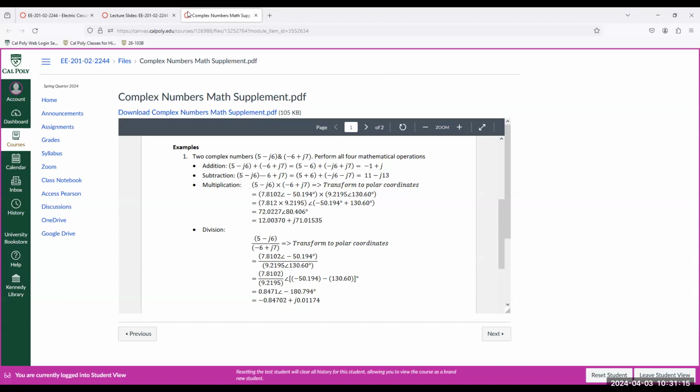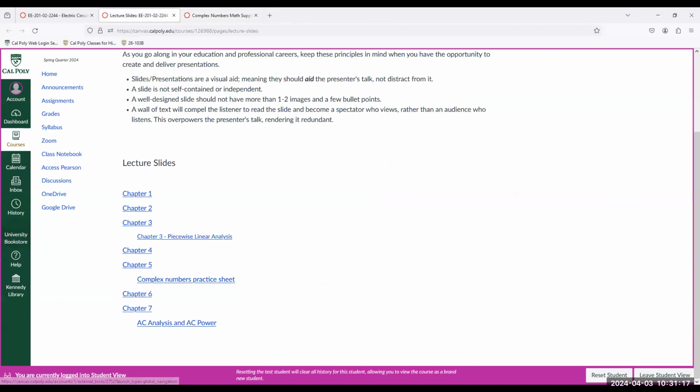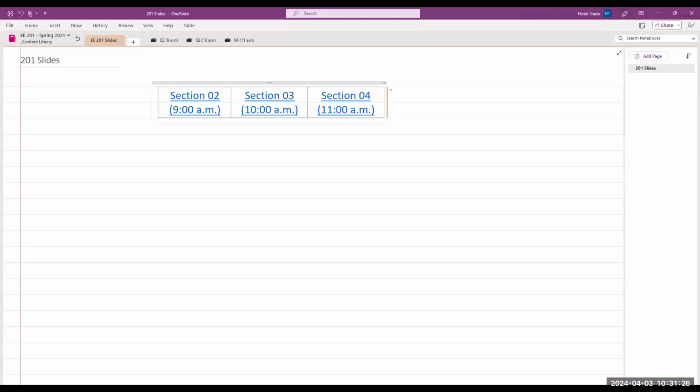And then finally, that's for the slides. Let's get to the class notebook, which is right here. So class notebook is basically Microsoft OneNote. If you have never used it before, it's a very powerful piece of software. It's free, especially as college students. This is a digital notebook, incredibly powerful in its features and very, very useful. It's free for everybody, not just college students. It's free to the general public. But you also have a subscription through Cal Poly. You can tie your account through here.